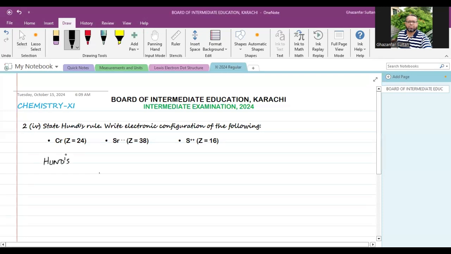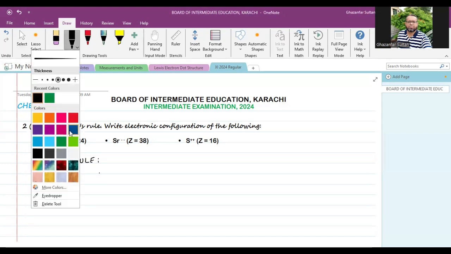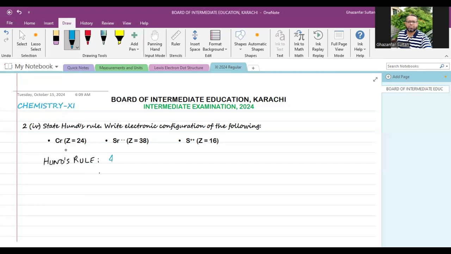So Hund's rule. According to Hund's rule, if there are degenerate orbitals, then electrons are filled in a way that they have the maximum number of unpaired electrons. Okay, so we should write: in degenerate orbitals,